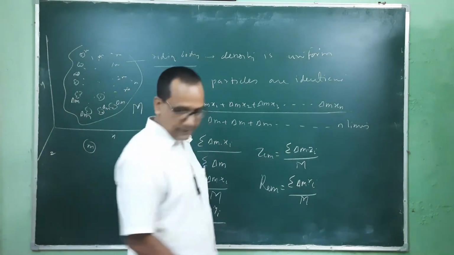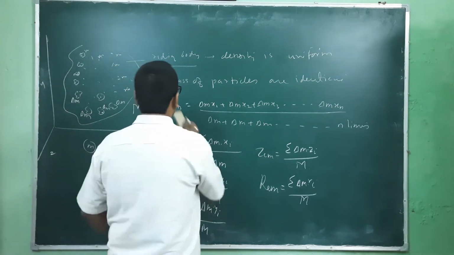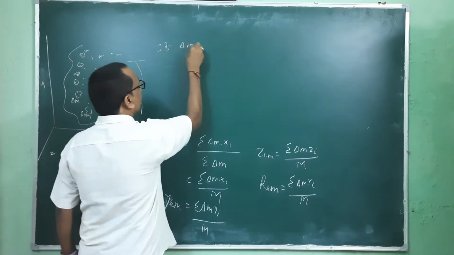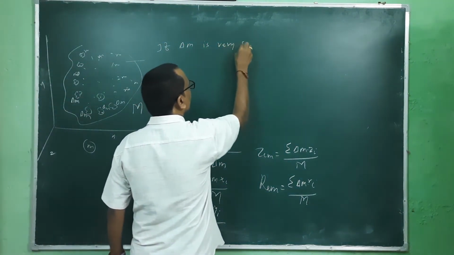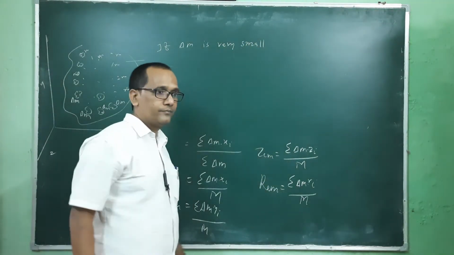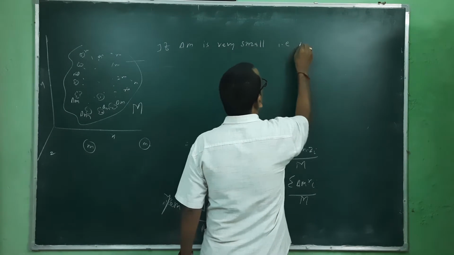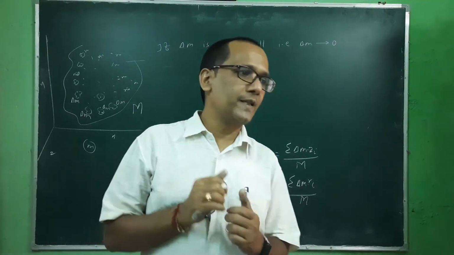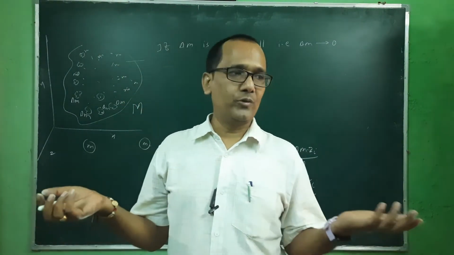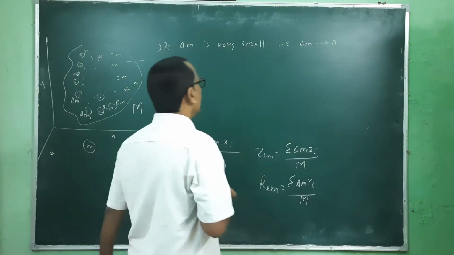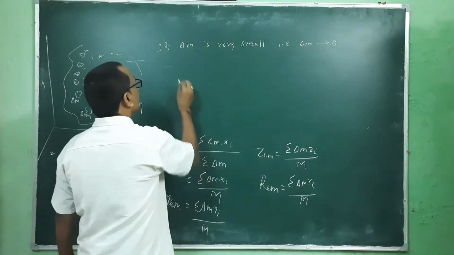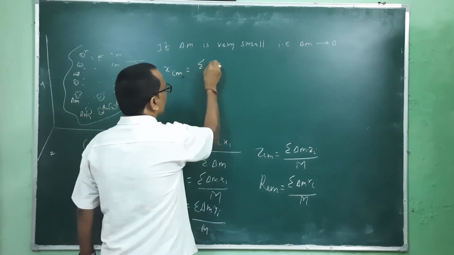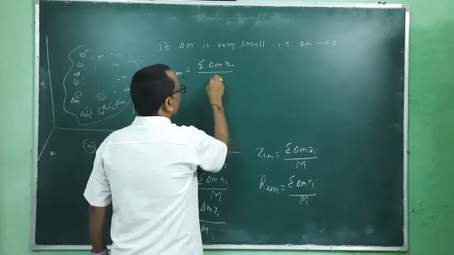So when we take delta m tends to 0, it's not 0, it tends to 0, very small, and the number of particles is huge, and delta m is very small. Then this xcm, which is equal to the summation of delta m xi by capital M,